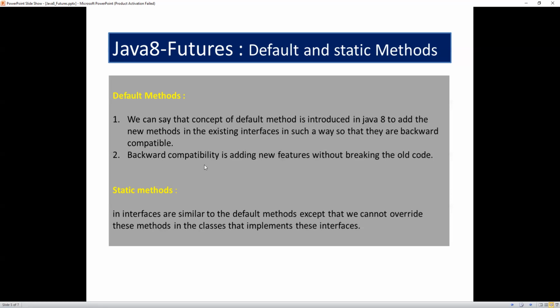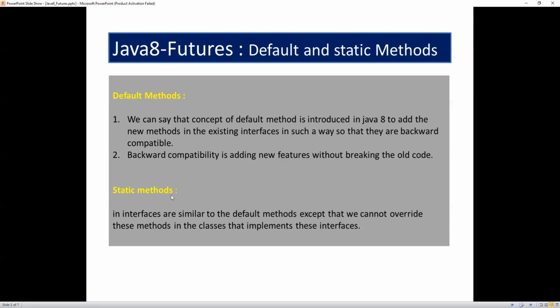Wherever I implement this interface, I should provide the implementation for that method from interface A. This type of incompatibility issue is avoided by default methods, which Java 8 introduced. So if your interface has a default method, there is no need to implement it in all the implementation classes. That is why we call it backward compatibility: without affecting the existing or old implementation code.